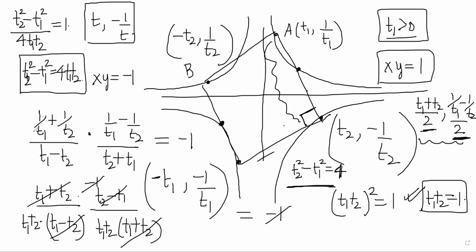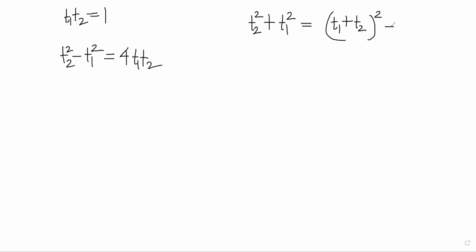Okay. Let's write the data that we have so far. We have t1 t2 is equal to 1. We also have t2 square minus t1 square is equal to 4 t1 t2. Can we find t2 square plus t1 square from here? T2 square plus t1 square will be equal to, because t1 t2 is 1, t1 plus t2 whole square minus 2 t1 t2, or